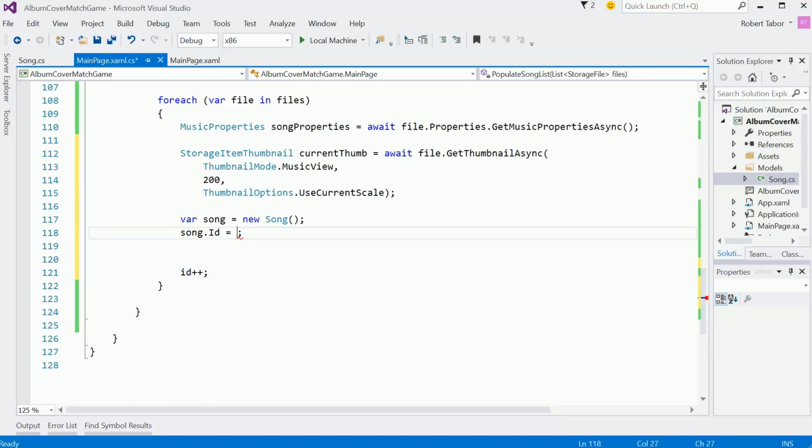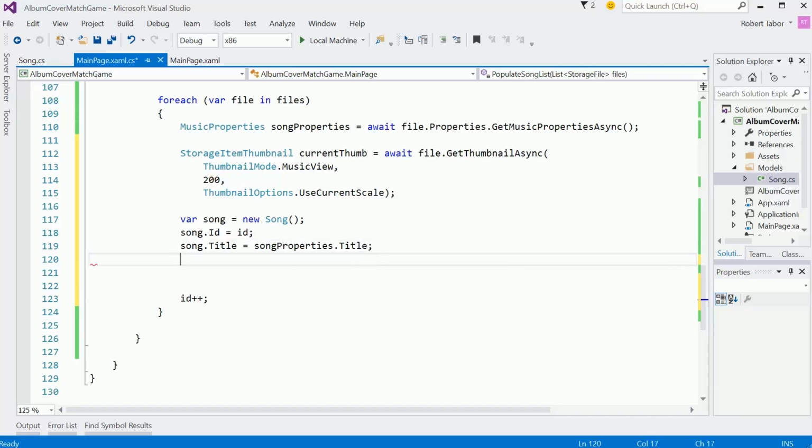So the song ID will be just that, ID, song.title equals song properties.title, song artist equals song properties.artist,